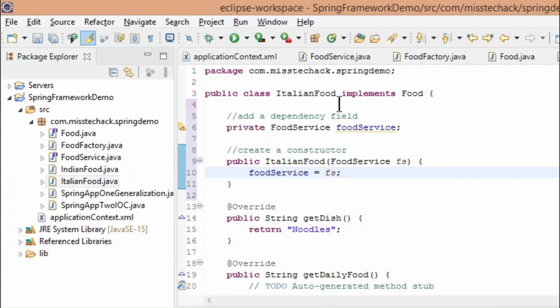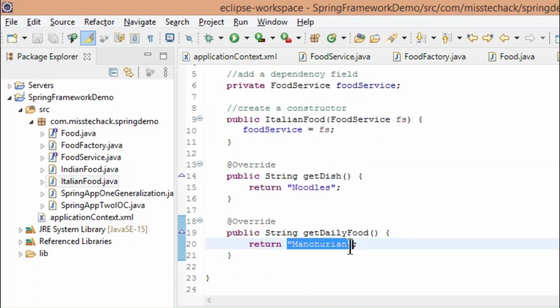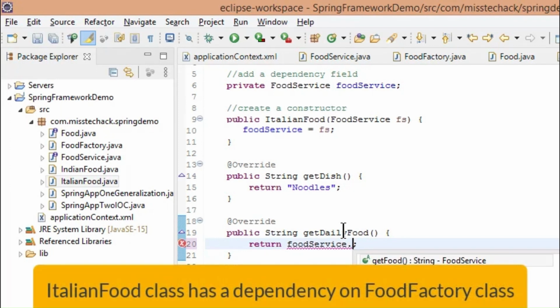Now, to use the constructor injection, return the hard-coded string Manchurian from foodService.getFood. Now, the ItalianFood class has a dependency on the FoodFactory class.